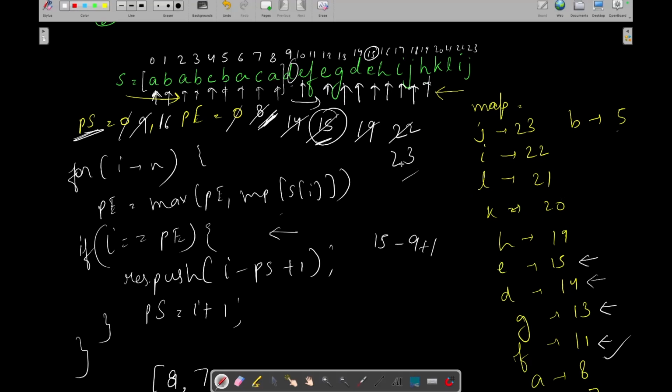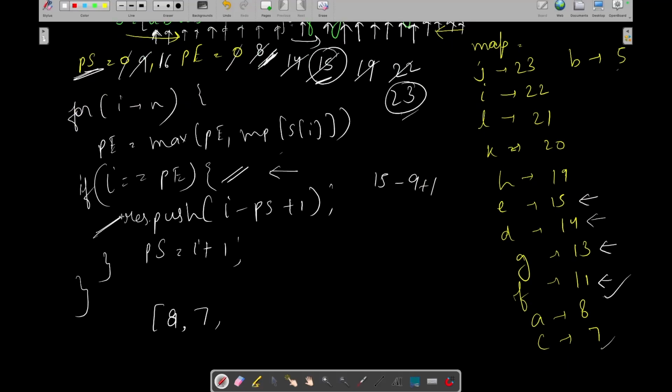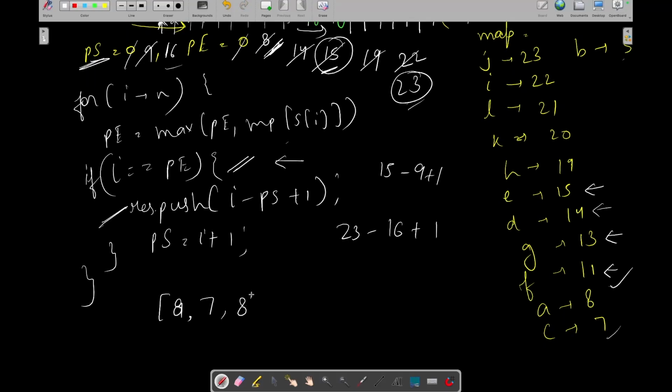K, 20 already the maximum value, L 21 already the maximum value, I 22, J 23. Oh, now again I is 23, partition end is 23. It means we are satisfying this condition. We need to again update our result with I 23 minus partition start 16 plus 1, which will become 8.